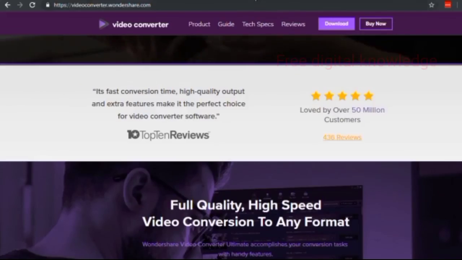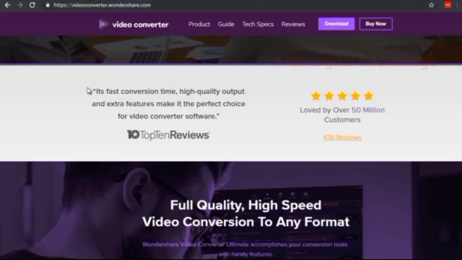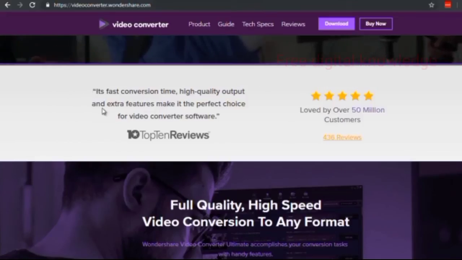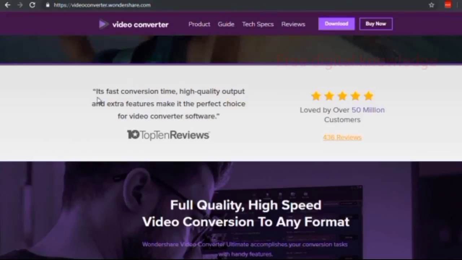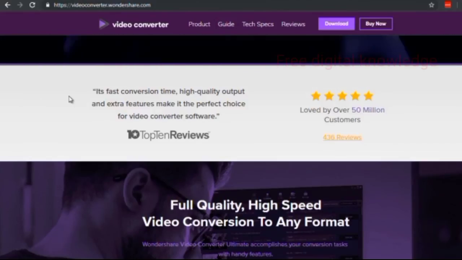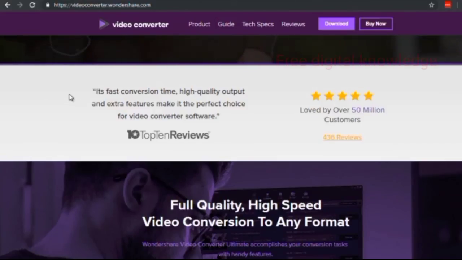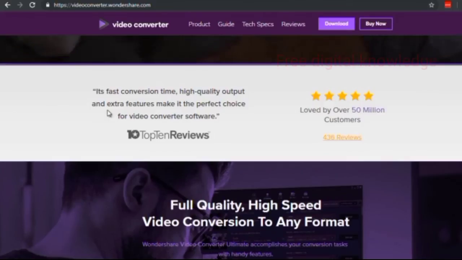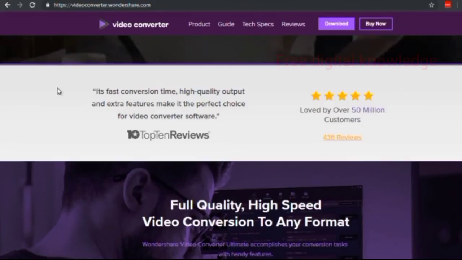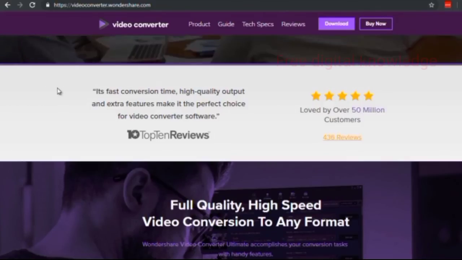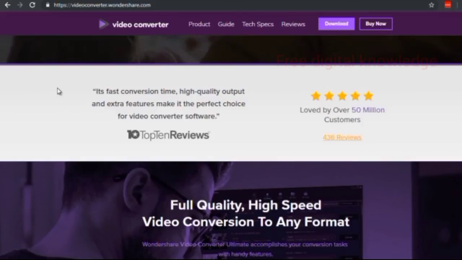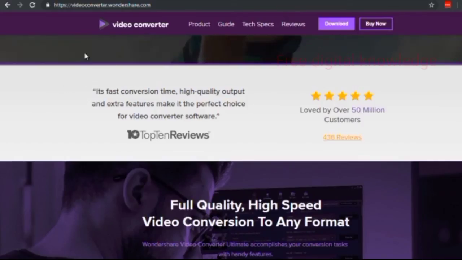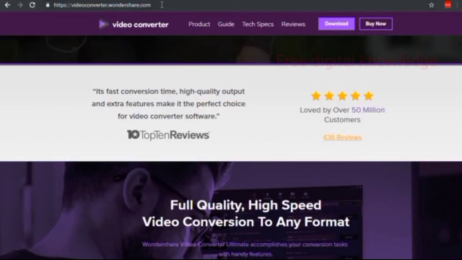So what we're doing here is we are taking the video file that you have created and embedding it with more information. So besides the title and description, YouTube will be able to read the metadata inside of your video. So it'll make a little bit more sense when I show it to you. Now, it's really hard to find software out there that allows you to embed metadata except for a few. So one of them is called Video Converter by Wondershare, and that is